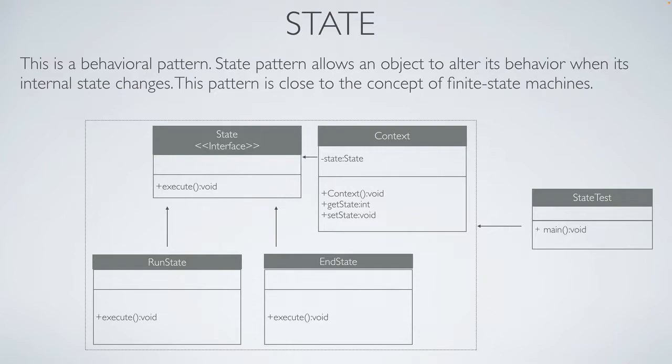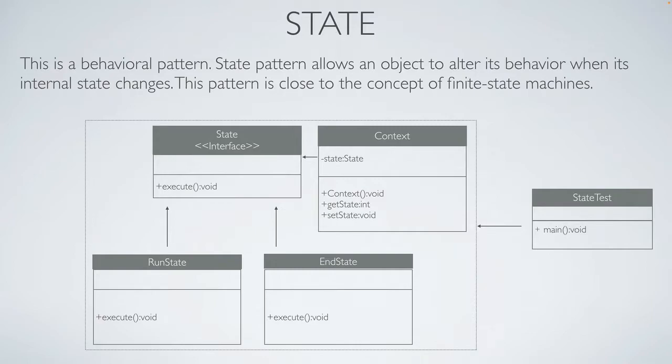The state pattern can be interpreted as a strategy pattern, which is able to switch a strategy through invocation of methods defined in the pattern interface. But in this pattern, we create objects which represent different states and a context object whose behavior varies as its state object changes. Let's take an example where we have two states, run state and end state, that will implement